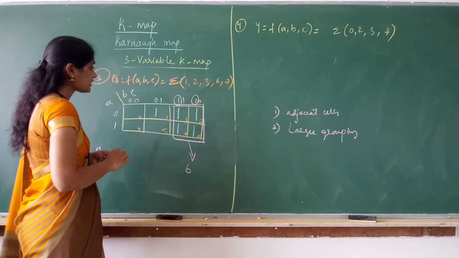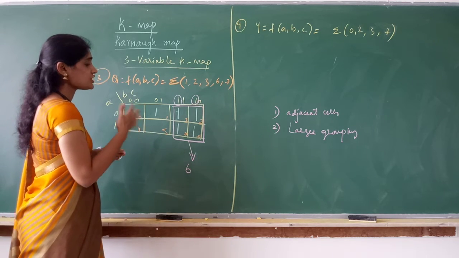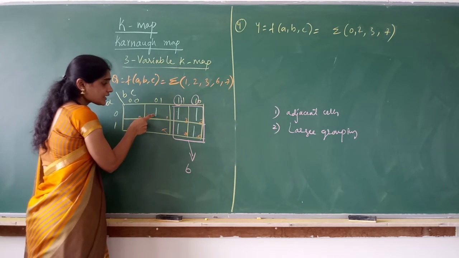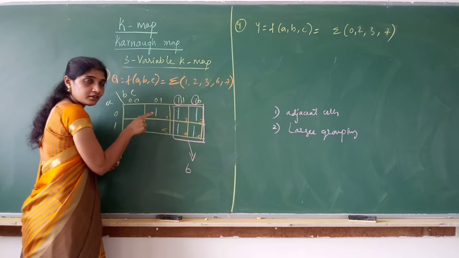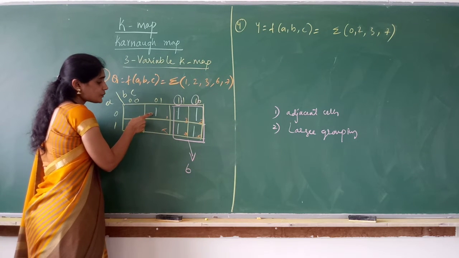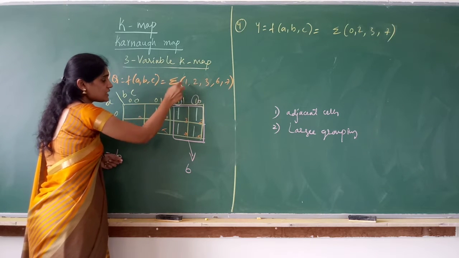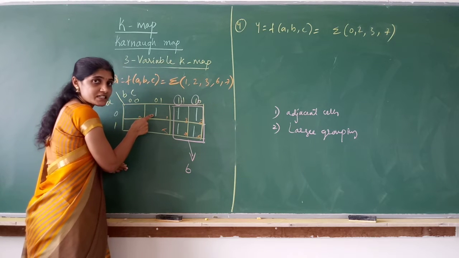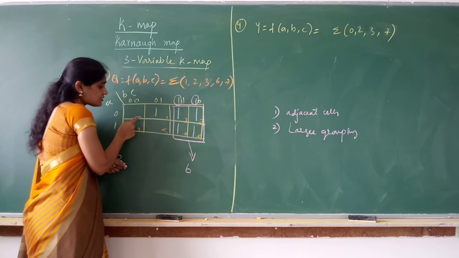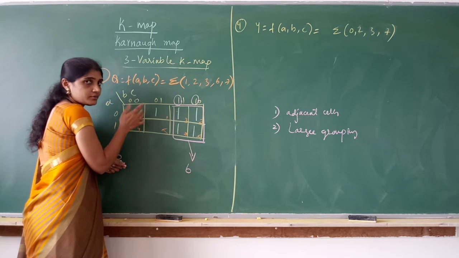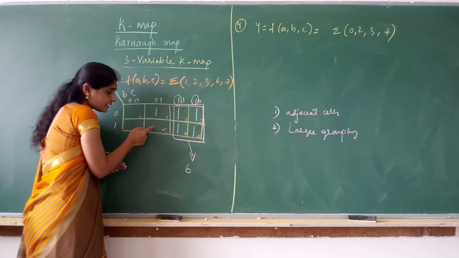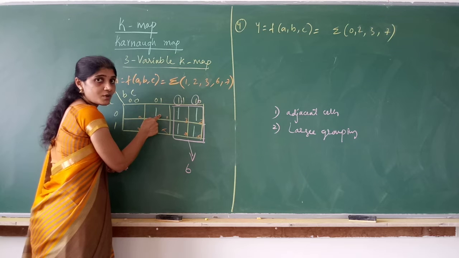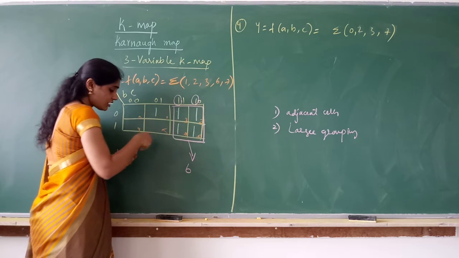B I have got. Then look at the K-map and just check whether any other cells are not grouped. Yes, this particular cell is not grouped. I have to group it. I cannot leave any of the cells. So this particular min term, that 1, is not being grouped. Now I have to check whether for this min term any other cell is adjacent. I look this side. 0, that is not a min term. No adjacent cell here. I look here. Is there any adjacent cell here? 5? No. Look this side. 3 is adjacent to this 1. To 1, 3 is adjacent. Now group this.